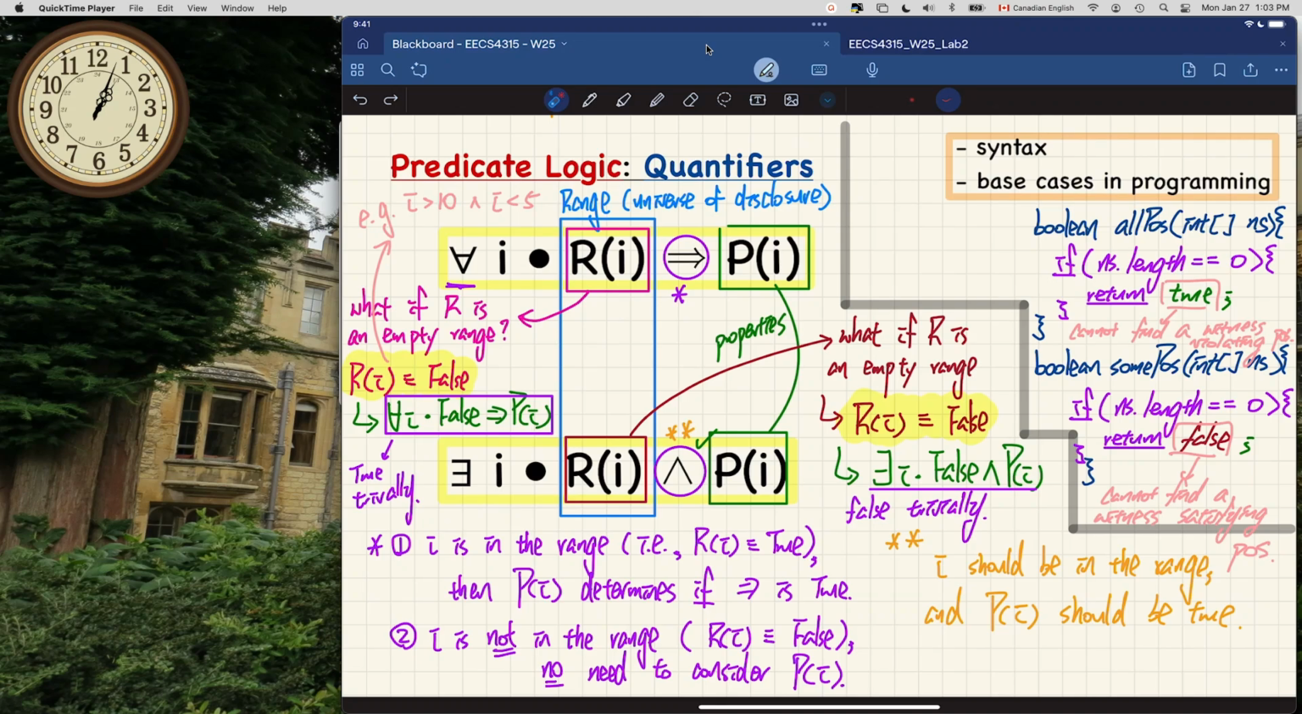We also talked about the special cases, especially if the range predicate happens to be false. In that case, the for all will be trivially true, as opposed to the existential case, where if the range predicate happens to be false, because we have a conjunction,